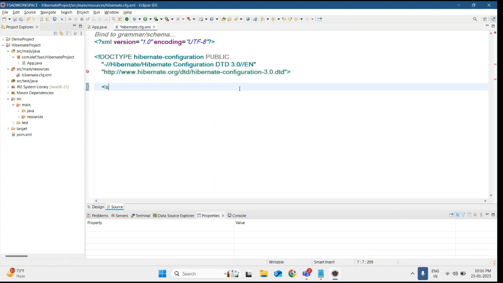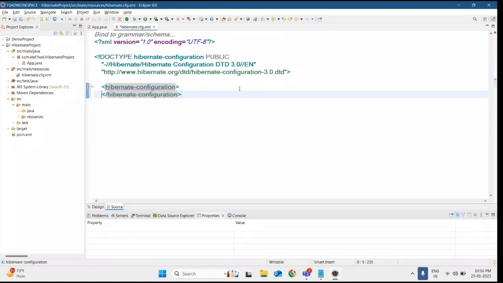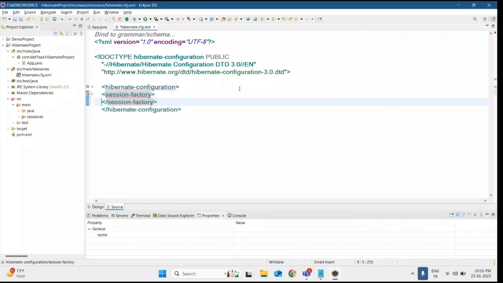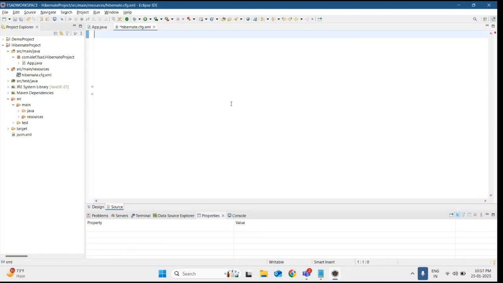So next thing, Hibernate documentation. See, Hibernate, control space, enter. Next, inside the Hibernate configuration file, session factory, we are getting suggestions from that Hibernate documentation, guys. Please click on OK. Okay. Next, we need to add every property from scratch, like this we need to add every property. As of now, I won't type anything because